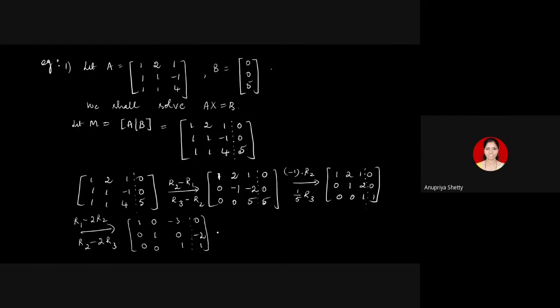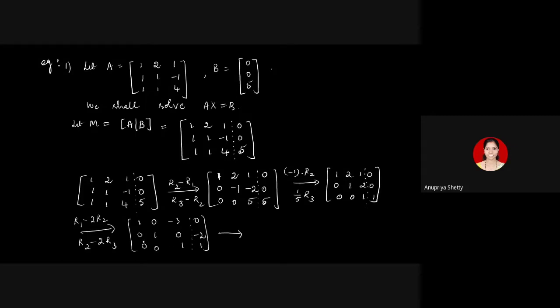Anything else has to be done, or can I stop with this? If you want to come to the actual row echelon form, what else needs to be done here? It is not that with this matrix which I have ended up, I will try solving the system and then get the solution. You can always do that. But we go for one standard, that is, try coming to the row echelon form so that everybody will come to the same form and then solve that. The solution will give you the solution of the given system.